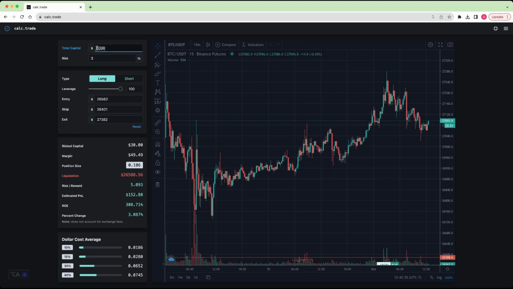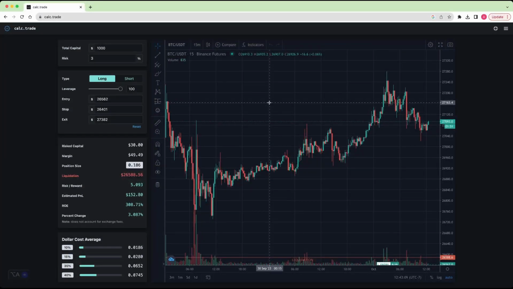What I mean by total capital is how much is in your Binance account or your trader funded account or whatever your account is, MEXC, Foxify. What's the total that's sitting in your balance? So not how much you're putting on a trade, but the total capital you've got sitting on your platform. And then of that total amount, what's the maximum you're willing to risk on this particular trade? Now, 3% of that $1,000 is $30 risk. If I get stopped out on that stop, I will lose $30.